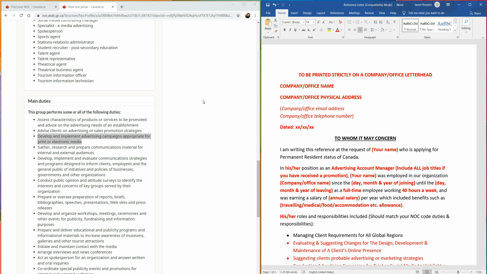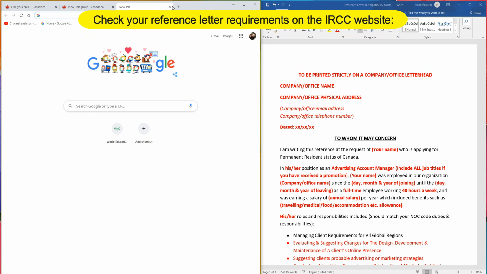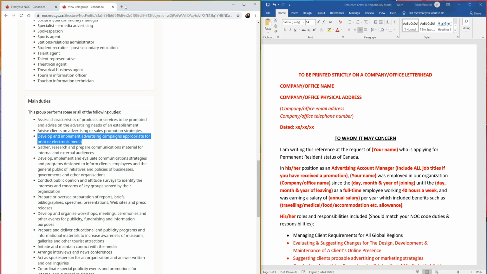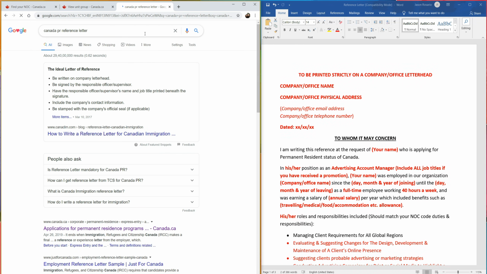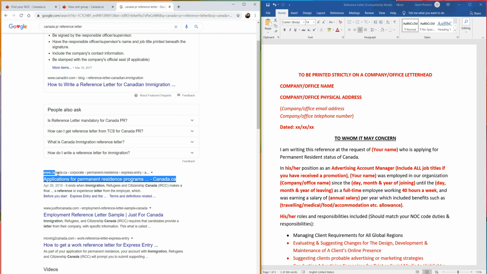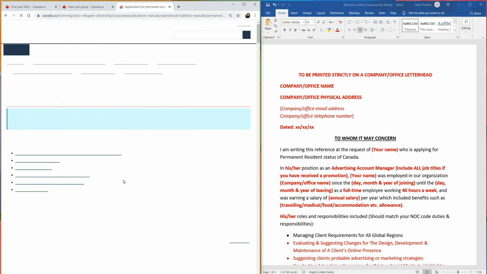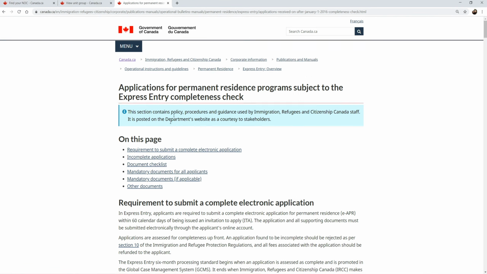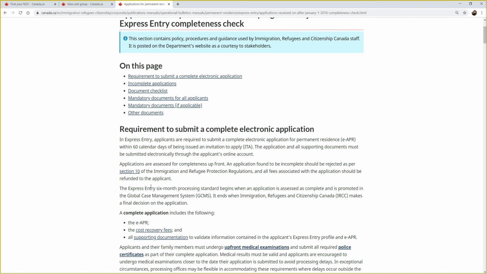So if you want to check all the details that need to be in your reference letter directly from the IRCC website, all you have to do is go on Google and type Canada PR reference letter and look for this particular website, canada.ca. This is the official Government of Canada website for applications for permanent residence programs. If you click on this, you can have a look at the complete requirements to submit your electronic application for